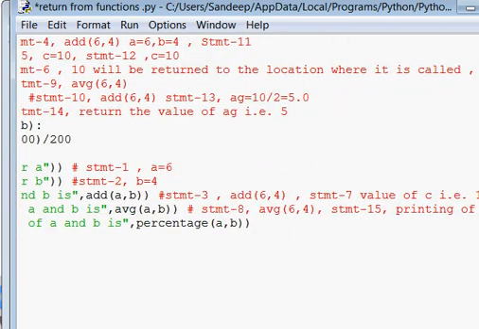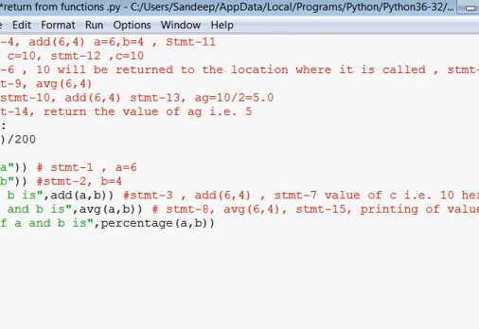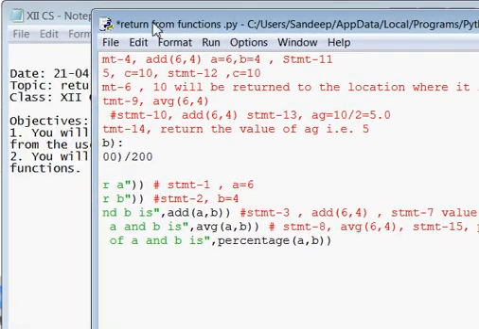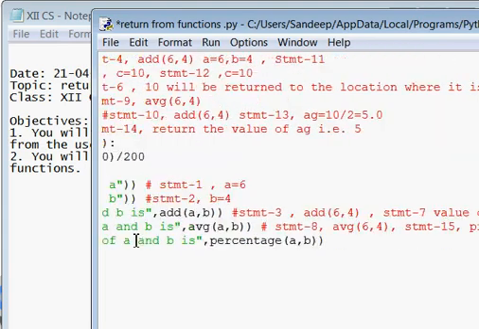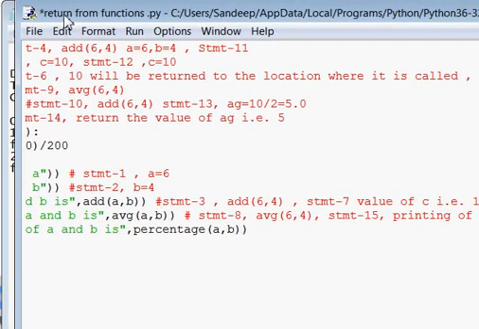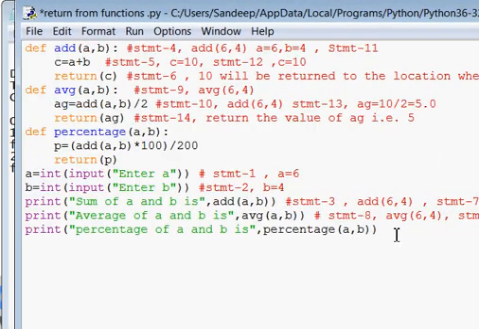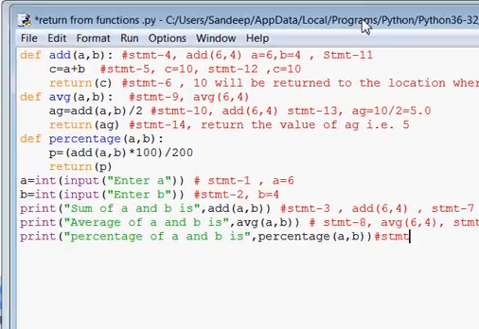This is your last statement, this one. This is your last statement, and this statement becomes statement 16.